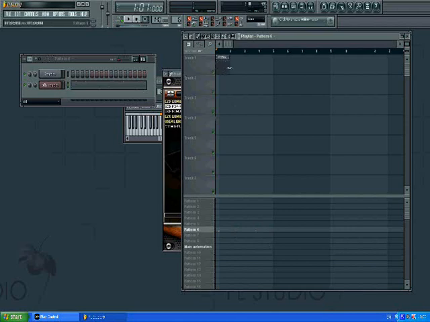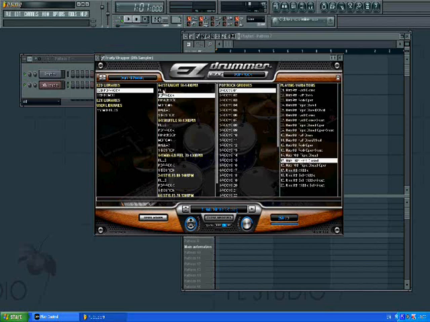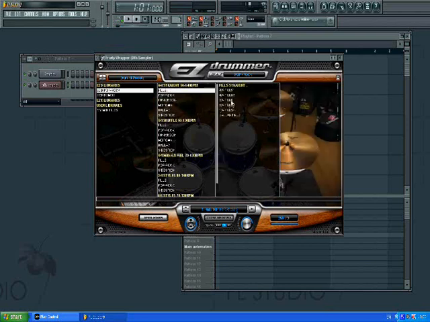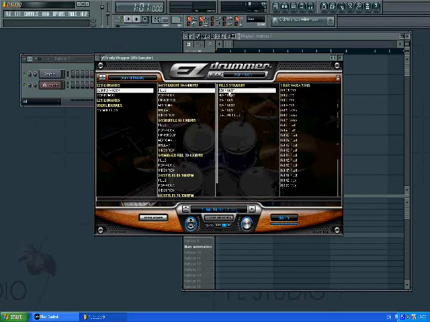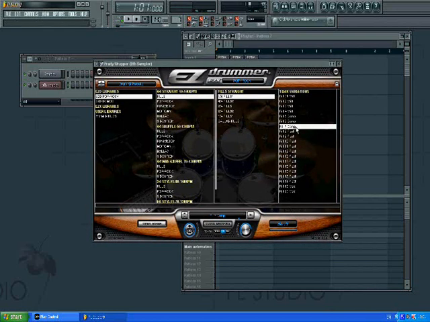Now, to add a little bit of variation, you can add a fill pattern to your drum track. So I'll open a new pattern and open EZdrummer back up and click fills above pop rock. I'll click 4/4 fills 1, and there's 20 different variations of different fills, starting from fill 01 mid all the way up to fill 20 mad. Once again, search through and find the fill that suits your music. I'll choose fill 7 comp at random,